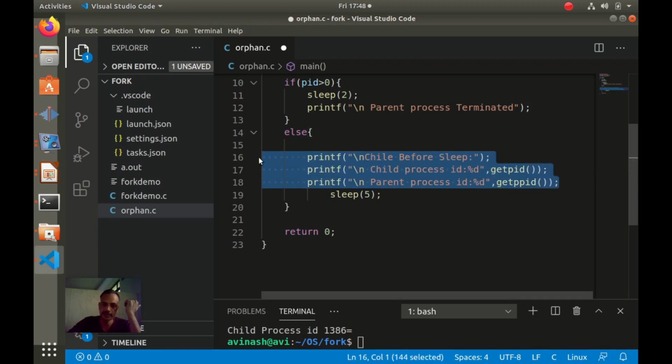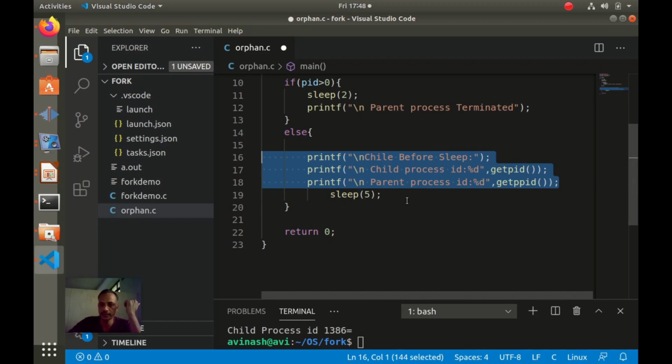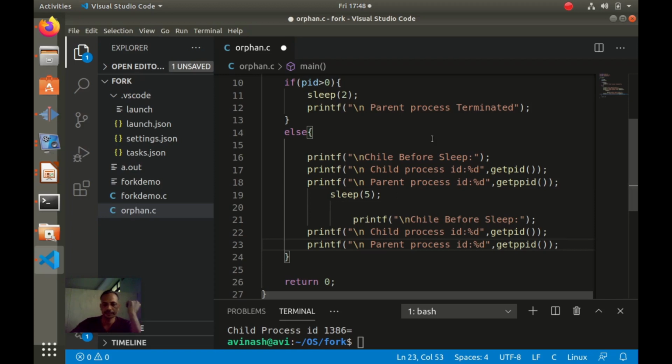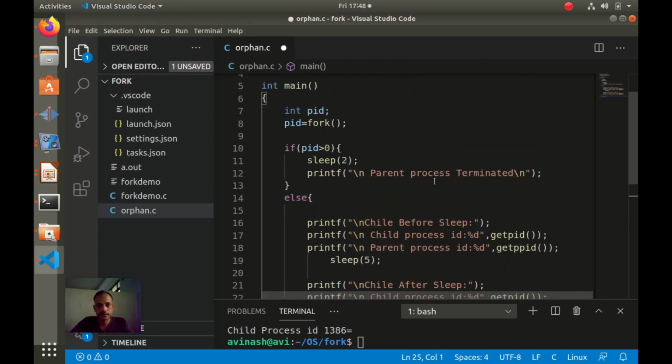Okay, so this we have printed before sleep, same we will print after sleep and we will observe the changes. So simply print here after sleep. Okay, so there are no syntax errors.